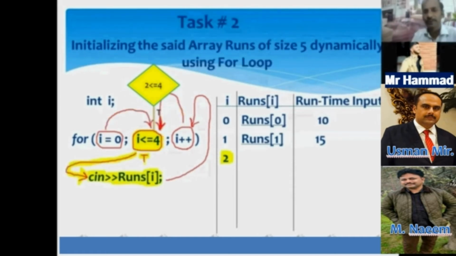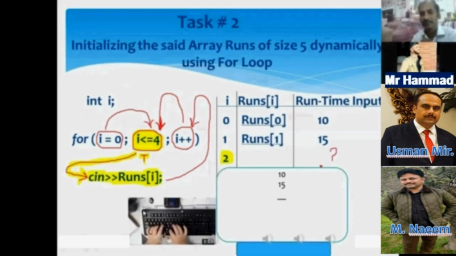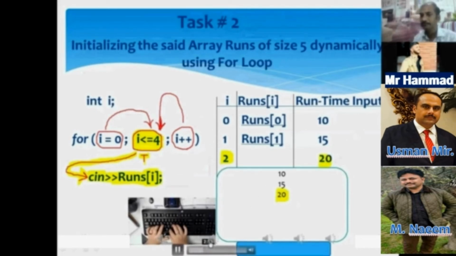Over here, the scanf statement is under execution. What happens over there? If you look at the monitor screen, okay, you can see a cursor is blinking. It means it requires a runtime input there. Okay. I typed over here 20 and I write this 20 over there in the table as well. All right. After typing the 20, I press the enter key. All right. When I press the enter key, what will happen?